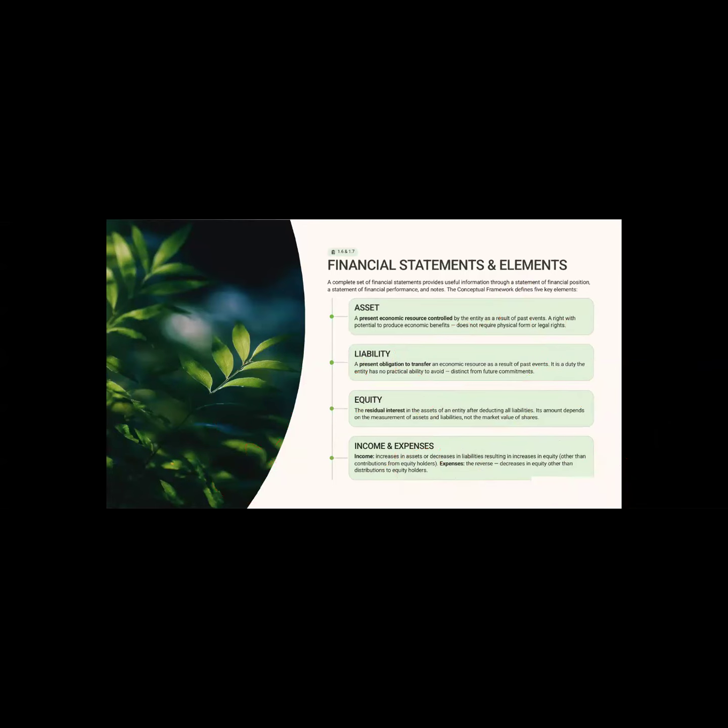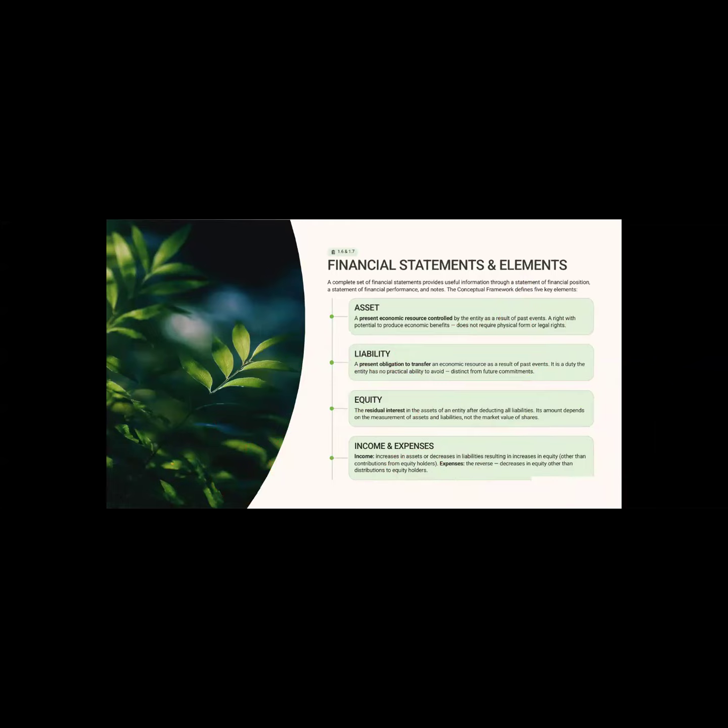If there are any drawings, what will happen? Equity will reduce. And if there are any expenses, in that case also equity will reduce. So these are the four instances that will make changes in the equity. If there is any additional capital or income, equity will increase. If there are any drawings or expenses, equity will reduce. So we can take this equity from the assets. If we deduct all the liabilities, we can take the remaining portion as equity. Okay.